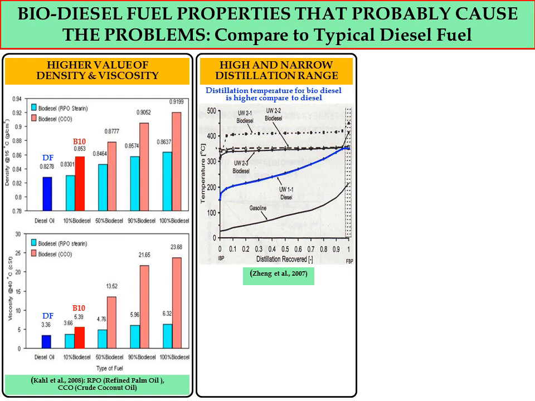You can see the blue line represents the curve for diesel fuel. At 150 degrees, the diesel fuel already starts to evaporate. Let's say at 250 degrees Celsius, the diesel fuel has already evaporated around